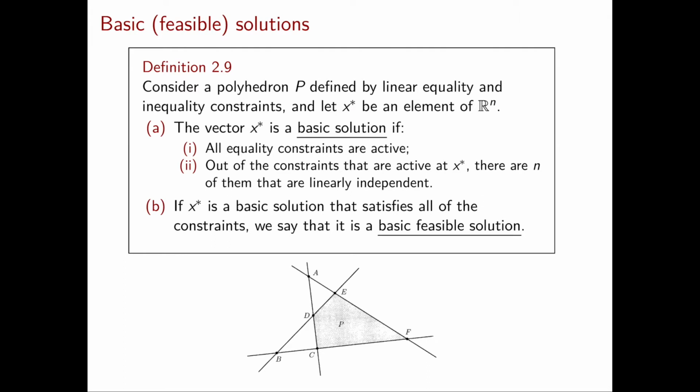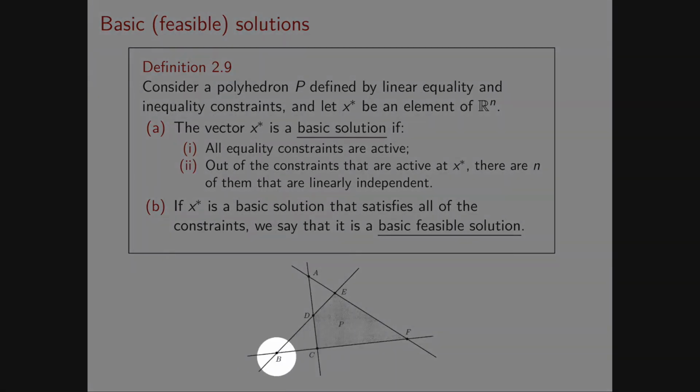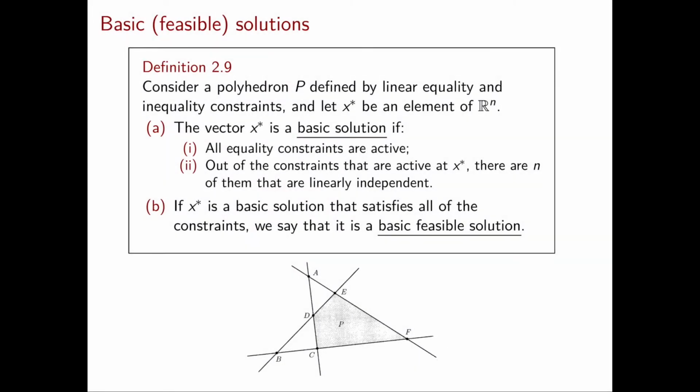In this case, I only give you a picture of P, and I assume that the system of inequalities that gives me P is the one that has exactly one inequality per line that appears in this picture. So we have a total number of 4 inequalities in the description of P. In this case, there is no equality constraint.